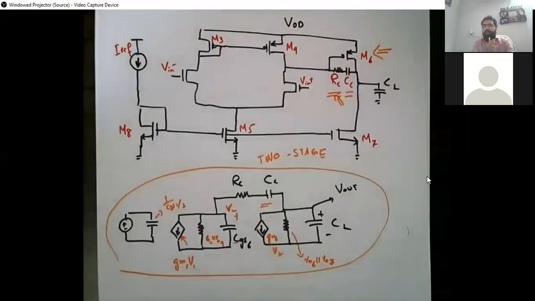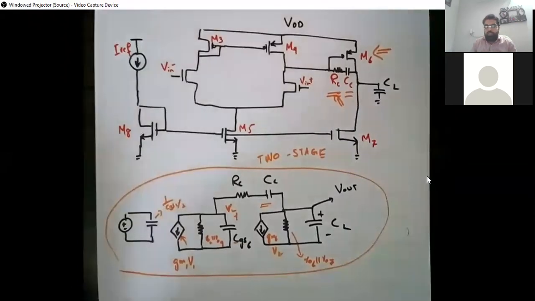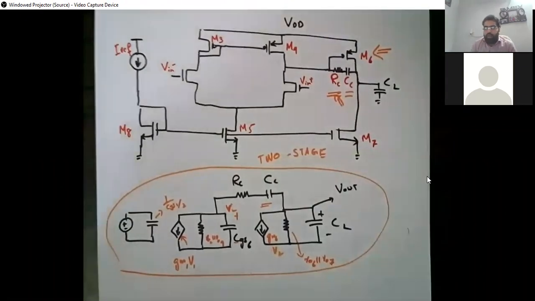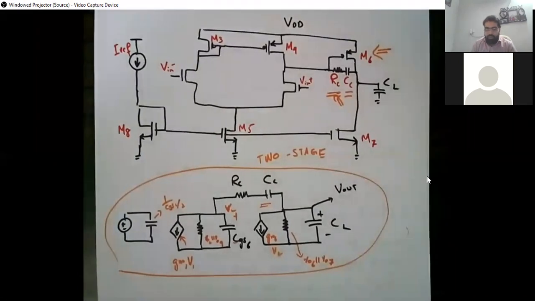You will have slightly different specifications. You will use these equations. You are going to find out the design: what value of CL to keep, what value of CC, and what width and length for the transistors. Then you are going to place it in LTspice and simulate it. We will do a demo for different numbers in the next lecture, and you have to repeat that for different specifications. Next lecture means on Wednesday, right? Yes, next lecture means Wednesday.